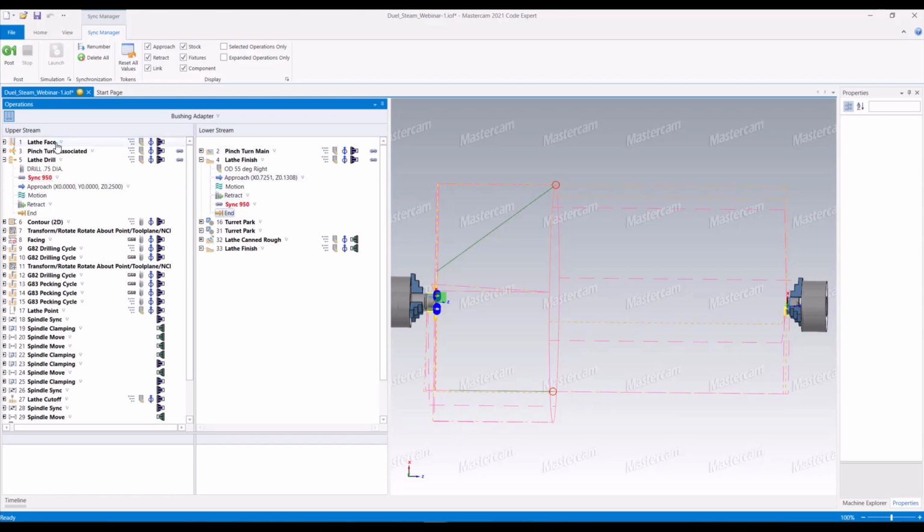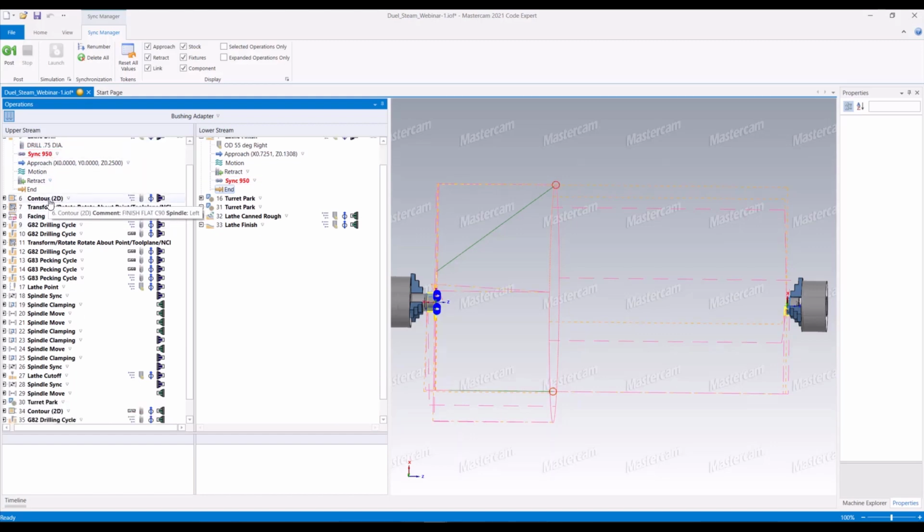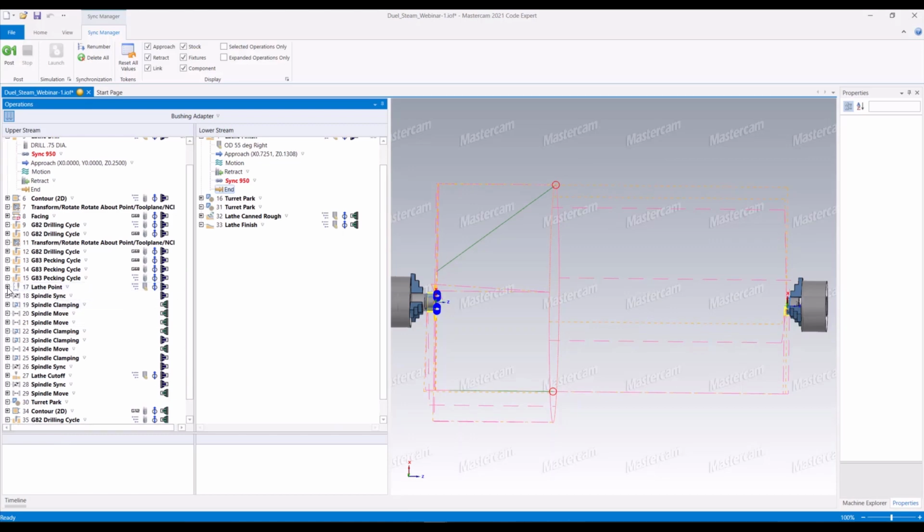So that will tell it to go face, pinch, finish, and then to drill. And then after the drill, I can go through the contour. I can finish all of the drilling, and I can go to this park point, this lathe